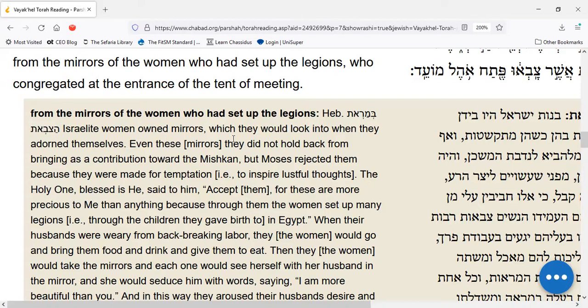Even these mirrors, they did not hold back from bringing as a contribution, even something precious to themselves, which the women needed to make themselves look attractive. They didn't stop from bringing that as a contribution towards the Mishkan. But initially Moses rejected them because they were made for temptation, as the translation says, to inspire lustful thoughts from their husbands. Right, the Holy One, Hashem, said,